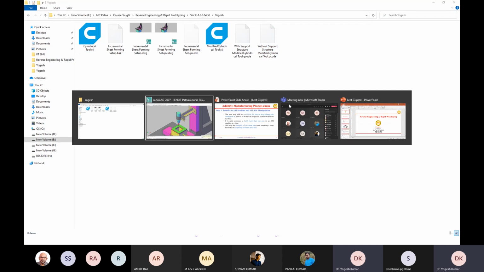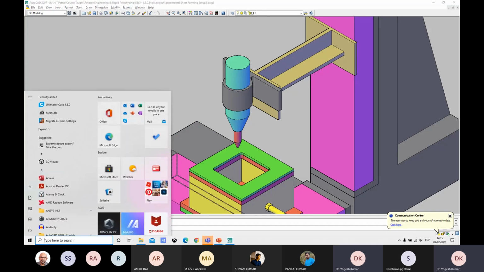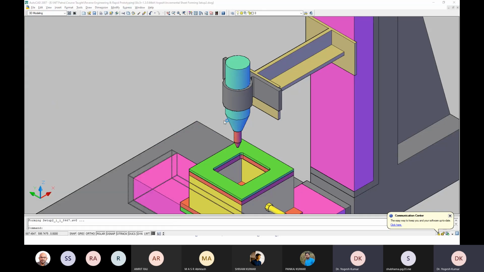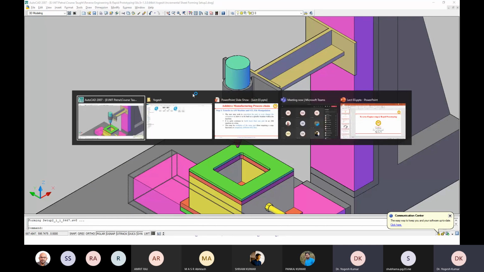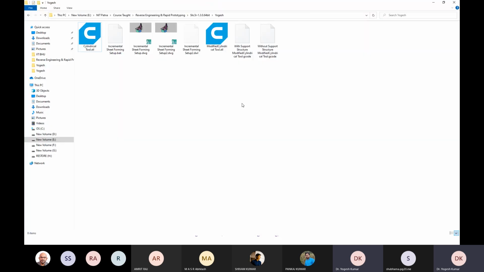Before moving to the next step, there is a software available with me called Ultimaker. So I have two files now. One is with support structure, and the second one is without support structure.